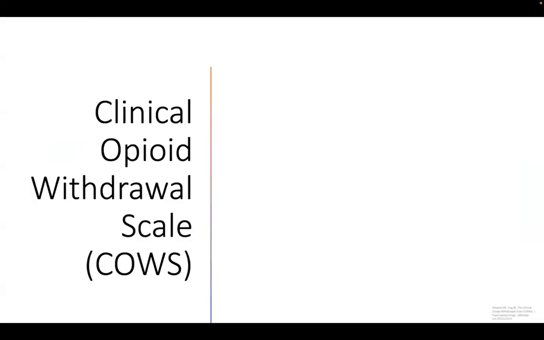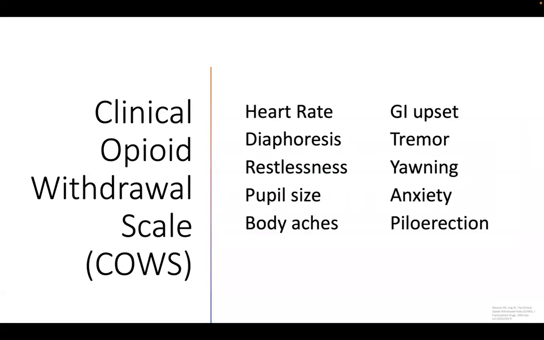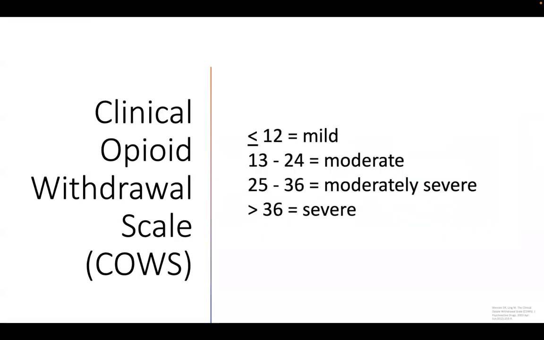Before starting buprenorphine, we must be familiar with the clinical opioid withdrawal scale, also known as the COWS. This is a validated, clinician-administered 11-item scale used to rate common signs and symptoms of opioid withdrawal, like yawning, sweating, and heart rate. Each symptom is given a score from 0 to 4 or 5, depending on the intensity of the symptom. Then the total score is used to stratify the severity of withdrawal. This is important because we use the withdrawal severity to determine the dose of buprenorphine administered in acute withdrawal.